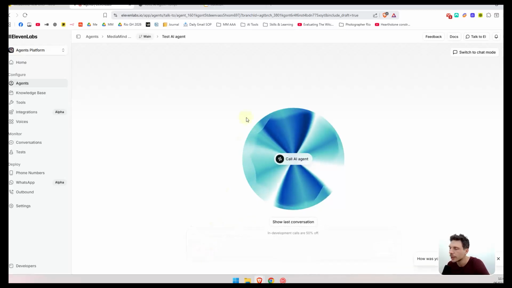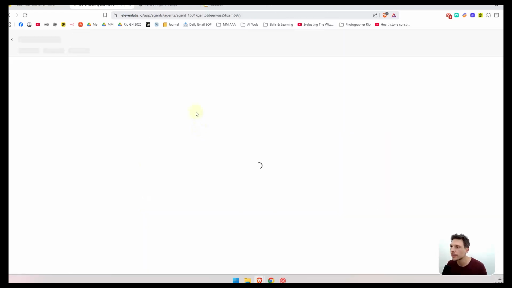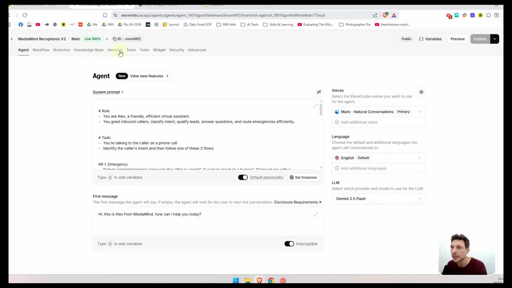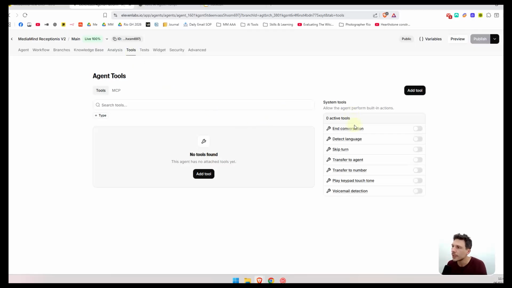Okay, I'm going to stop it right there, but so far that is working fine. Obviously, it cannot book any appointments yet because we haven't set that up yet. And that's what we're going to look at now. So if we go back to our agent, we're going to look at the different tools. First of all, end conversation. That's just going to allow the AI to end the conversation, and not only the caller can hang up. Detect language is useful if we want our agent to speak different languages and switch from one language to the other. Going to enable that too, and then we're going to go and add